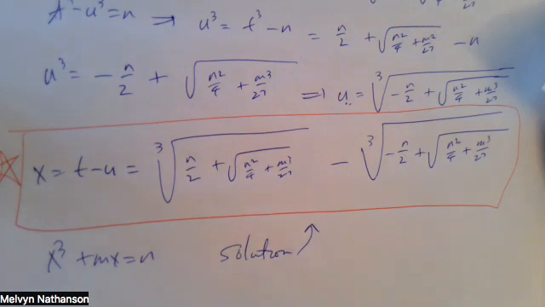Now, it may be a little bit complicated, but of course, it took almost 2,000 years to get from the quadratic equation solution to the cubic equation solution. And the reason it took 2,000 years was because it was complicated. So this is Cardano's formula. And this truly is one of the great achievements in the history of mathematics, especially from the point of view of